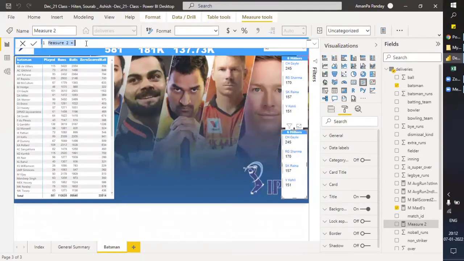Yeah, new measure. So max fours, sorry, max 4 5 6. Fours equal to calculate again.